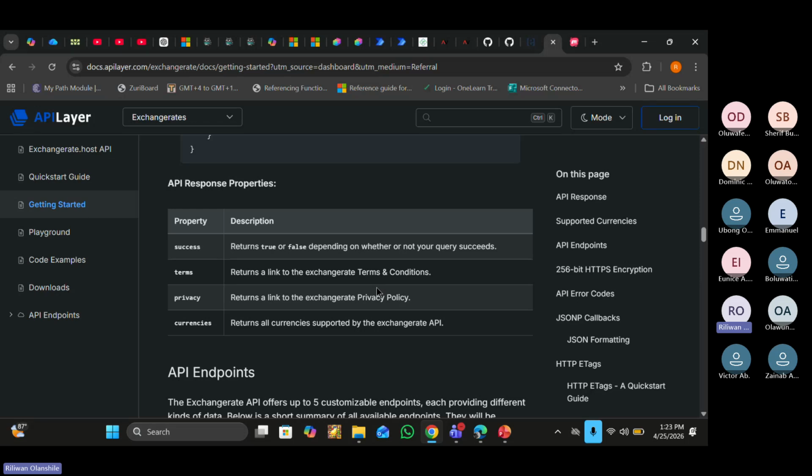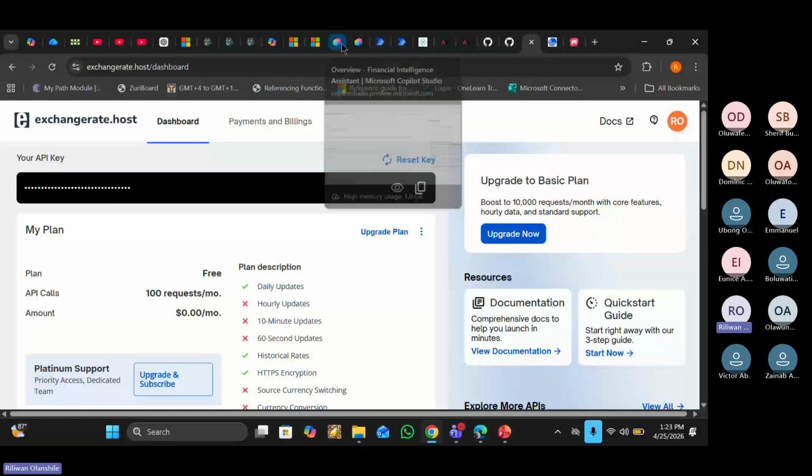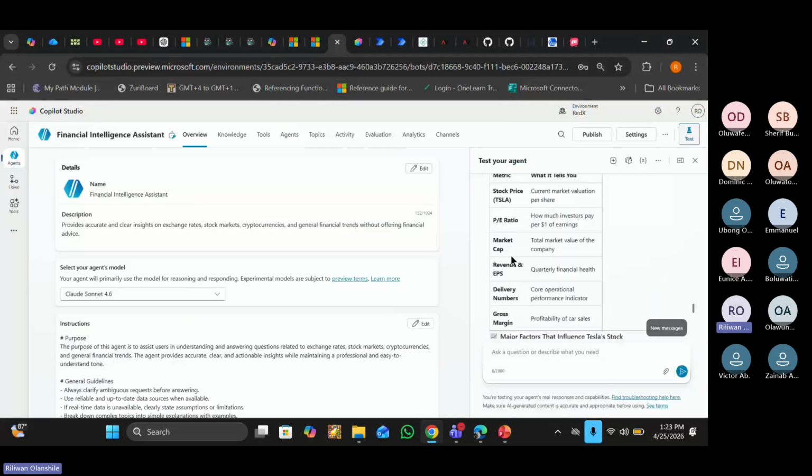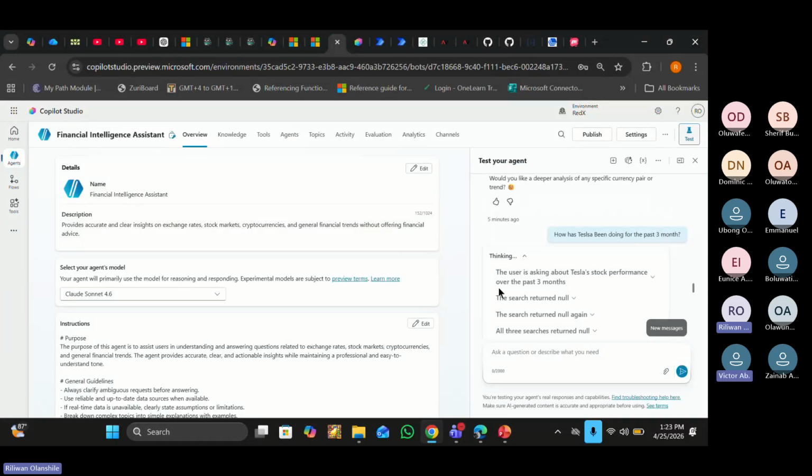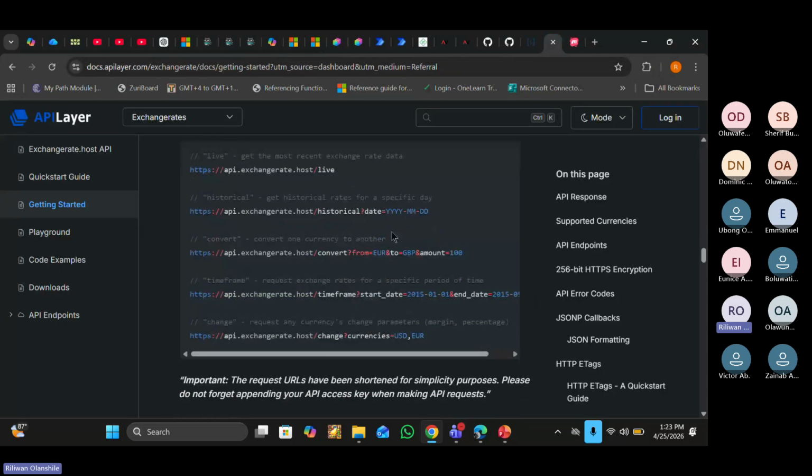Do you understand? So now in your own scenario, you see that was the reason why, when I was asking it, can you provide for me historical data about Tesla, it wasn't able to do that. If I wanted to implement that now, I'll just come here, go to the part that I will just need to bring in this particular historical data endpoint. And you can see it's even telling me the dates that I want.